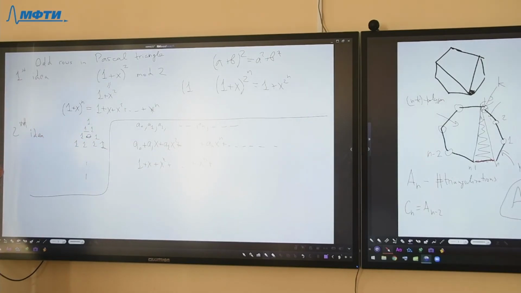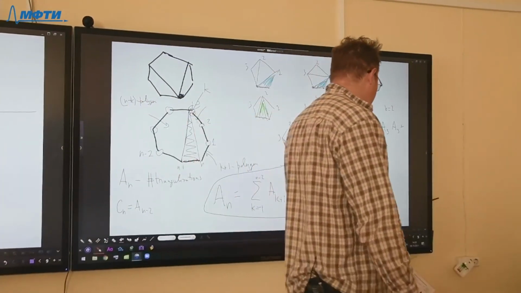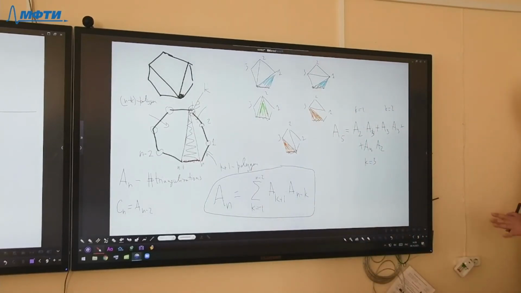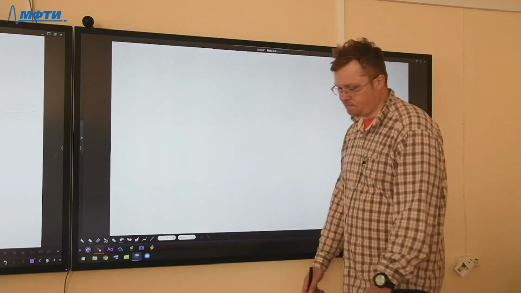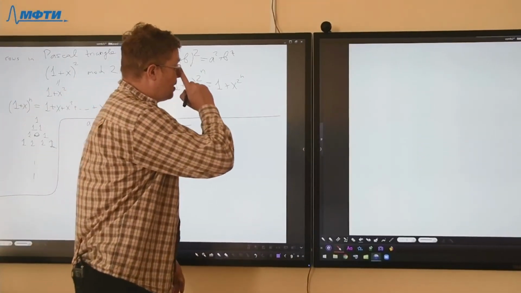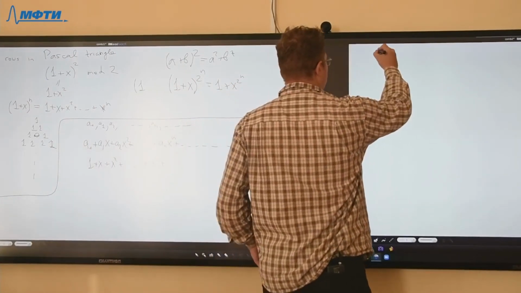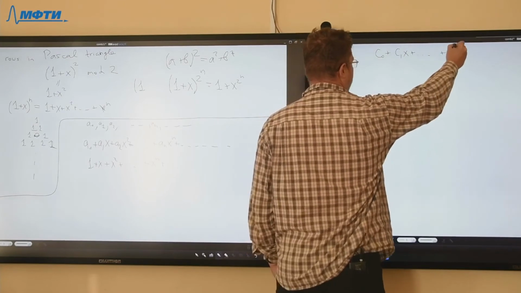For example, I wanted to maybe see the whole idea, and then it will be easier to understand what we're doing. So if, for example, I look at the formal power series where a_n is equal to c_n,